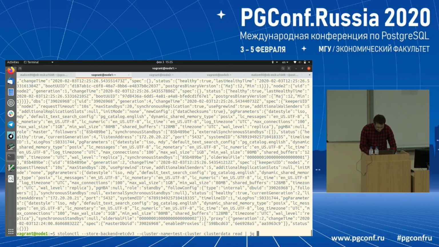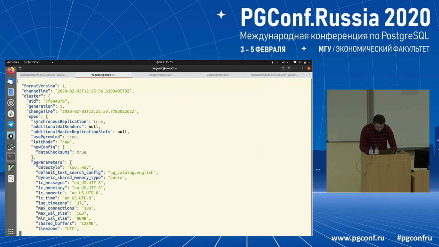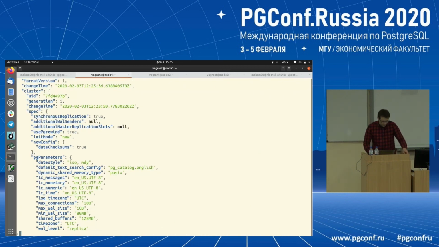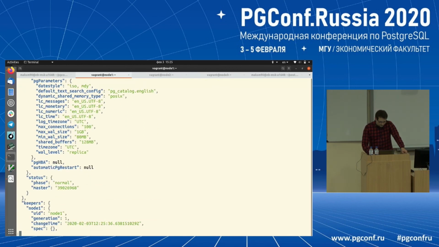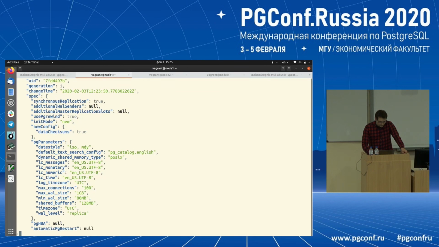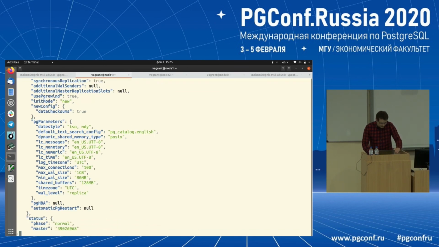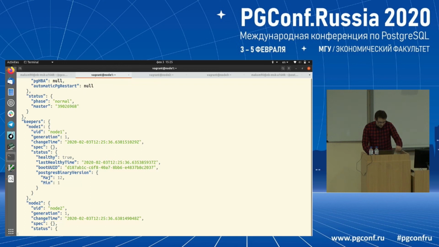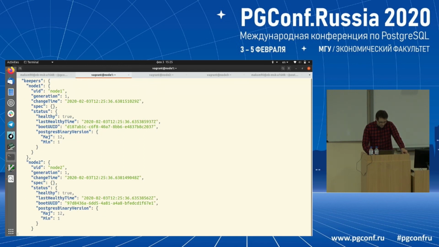So it's a large file. We're going to break it down. Here we go. Here we have the general cluster information. These are the specifications. Then we've got information about each keeper,